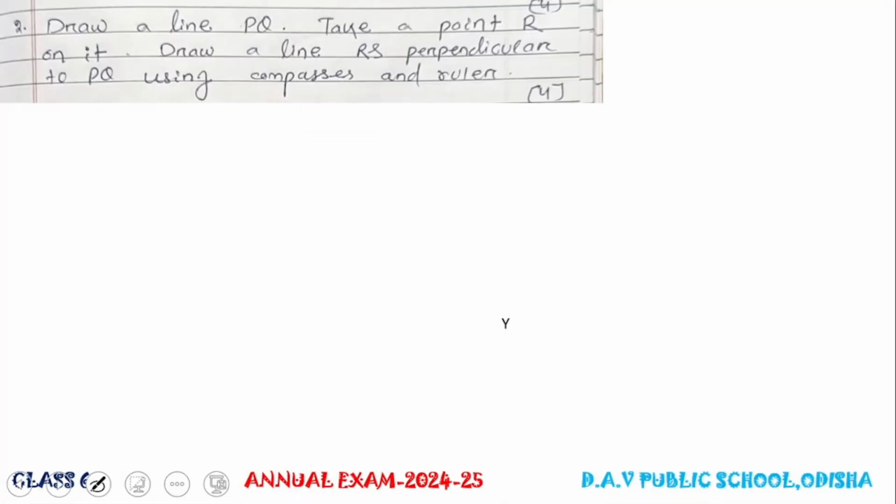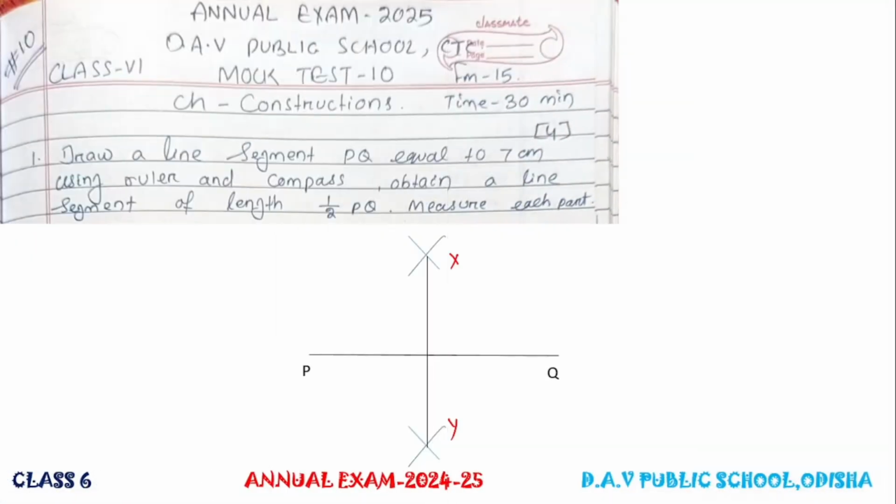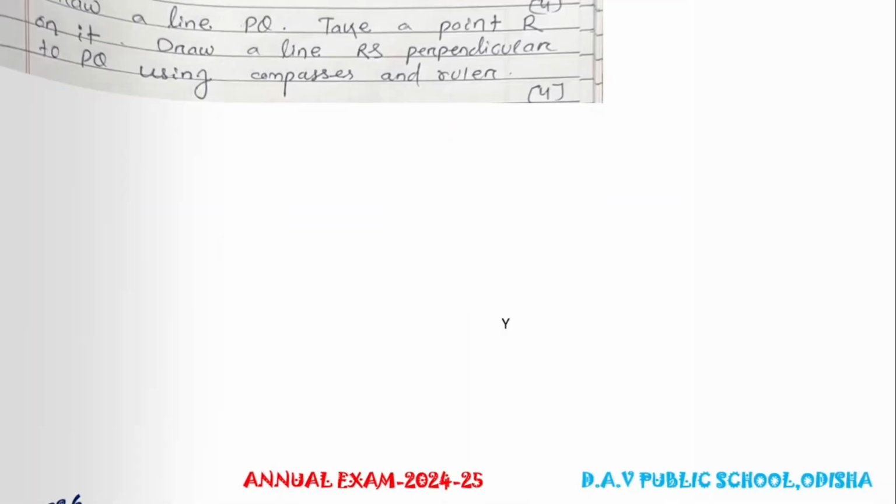Next question, measure each part. So OP is equal to 3.5 centimeters. OQ is the same, 3.5 centimeters. Also remember one short question from this long question: a perpendicular bisector bisects a line segment into two equal parts. All of you clear? Next,